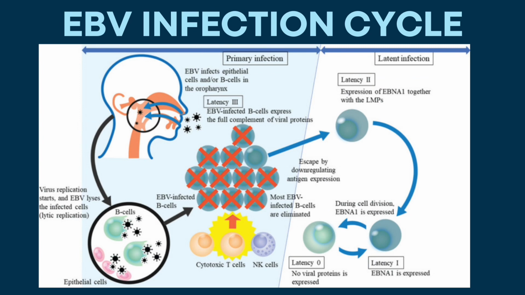So here is the EBV infection cycle. So yung EBV binds sa beta-1 integrins on the surface of the epithelial cells which take up the virus by endocytosis, and inside the oropharyngeal epithelial cells, yung EBV pumapasok siya sa lytic cycle which is characterized by viral replication, lysis of host cells, and release ng infectious virions until yung acute infection is resolved. Yung virions na to, nagsispread siya to adjacent structures including the salivary glands and tonsils. Doon, yung EBV in-infect niya yung B lymphocytes which spread the virus throughout the